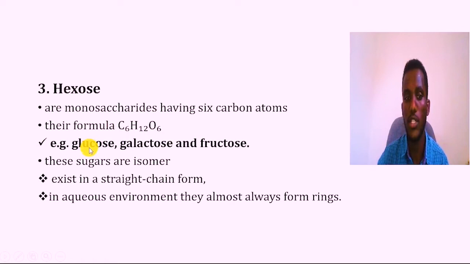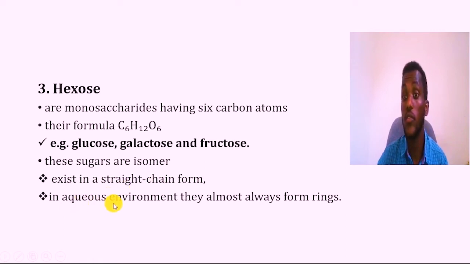እነዚህ hexose የምንላቸው እነ ግሉኮስ፣ ጋላክቶስ እና ፍሩክቶስ ነው. Basically ሶስቱም they are isomer ናቸው. Isomer ስንል molecules that have the same chemical formula but different structure or arrangement ማለት ነው. ስለዚህ እነዚህ ሶስቱም ግሉኮስም ጋላክቶስ ፕላስ ፍሩክቶስ maybe in the forms of straight chain form ያደርጋሉ